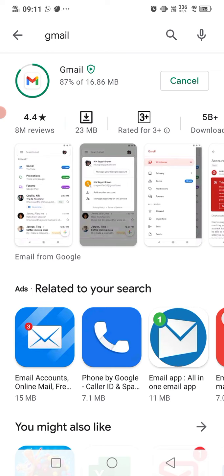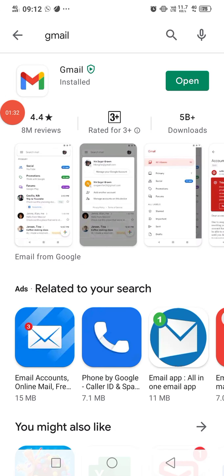What we have to do is go to Play Store and search Gmail, and it will show the M color icon. We have to click on install. It will take some time, just as it was showing for the update. Once it is installed, it will show you the option open. So for that you need to wait for some time. Now my Gmail is getting updated, so I'm waiting till it gets installed.